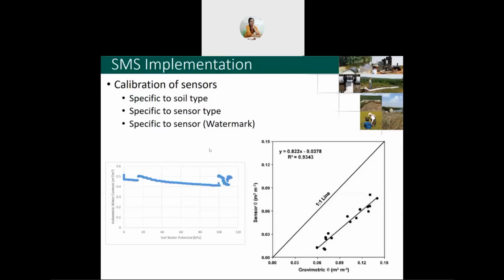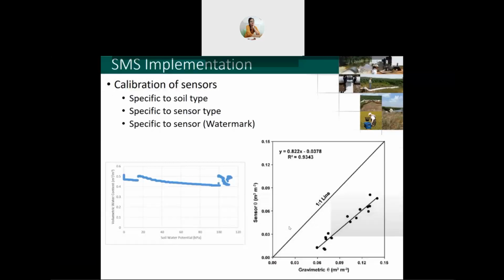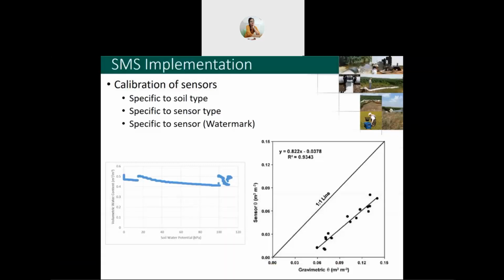On the left is the data we collected from some of our research, and it is showing that over a large range of soil water potential, we had very little change in volumetric water content. And this was on a sandy loam soil, so we would expect a lot more movement in the volumetric water content on the soil type to relate to that much range in soil water potential. So even though there is a relationship between those two, one of my sensors was not as accurate as it should have been and would need to be calibrated. On the right-hand side is an example from literature where it is showing something similar